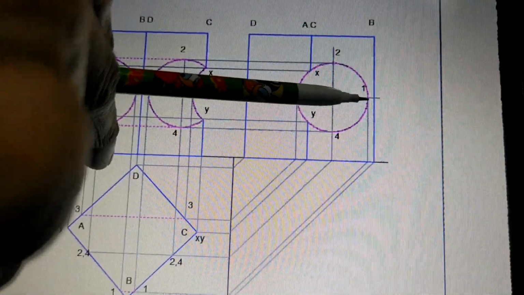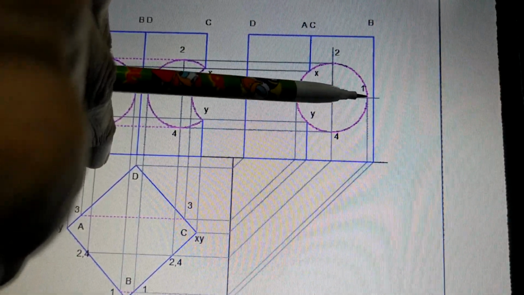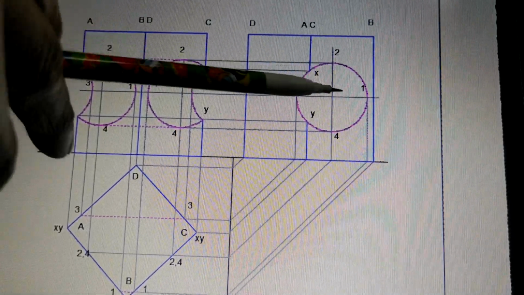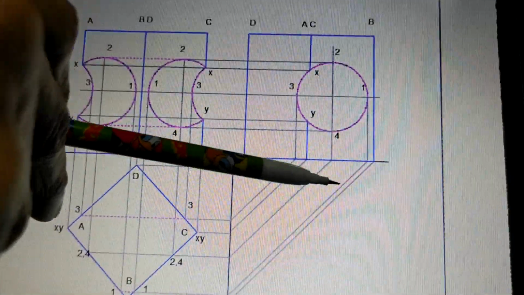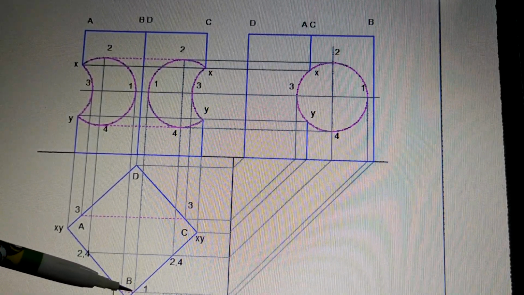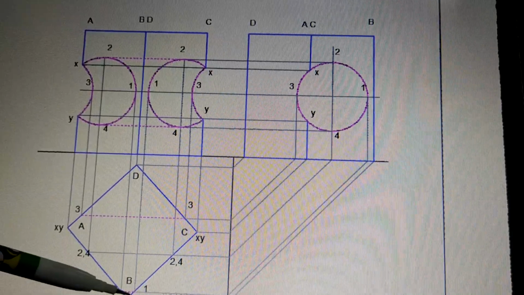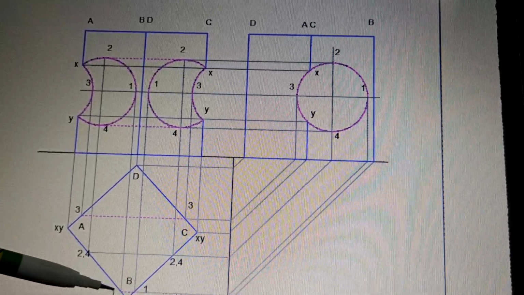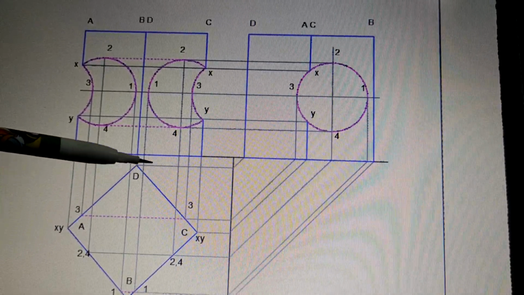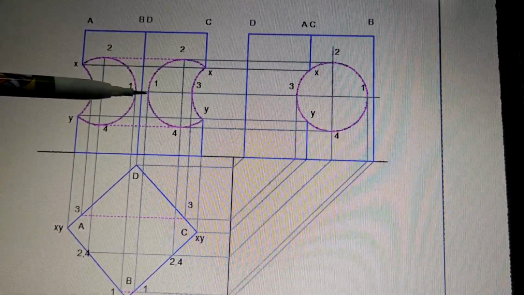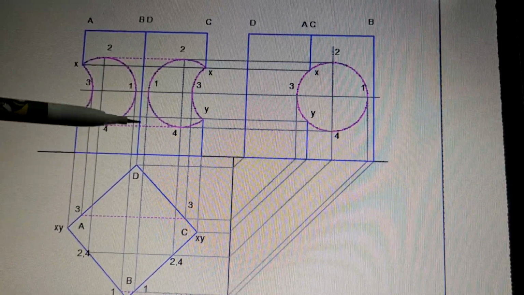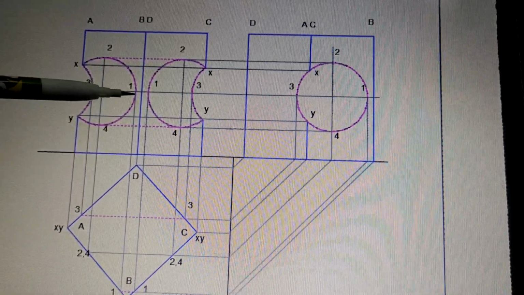So where is point 1? One point is here on the axis, the horizontal axis. So if 1 is here, then 1 has to be on this line. So we draw this line. Then since 1 is here, in the top view, if you draw this line and continue here, these 2 points on the horizontal line will show you point 1 and point 1 here. If point 1 is here, then when you project it up like this, this will be point 1. Similarly, on the other side, the line comes out from here, so the 1 point is on this side. So we have marked point 1.